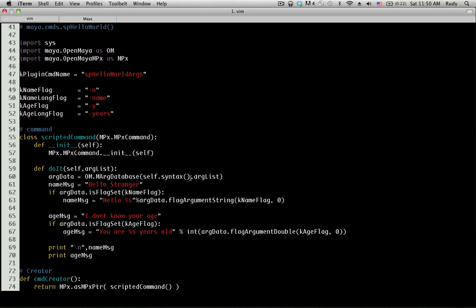This self.syntax is a method that belongs to MPx command. What it does is create a syntax object that knows what kind of arguments are accepted. It's going to take whatever values are coming in here, compare them against the syntax, and give you an argDatabase that is going to hold all the